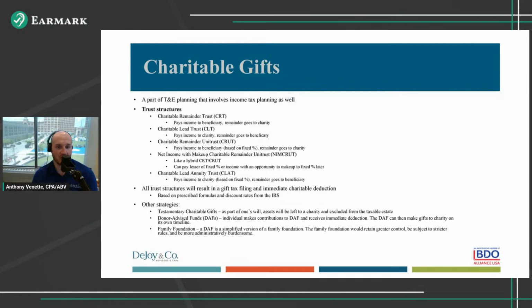We have the charitable lead trust, CLT. That's kind of a mirror image of a CRT, right? From the establishment of the trust through the end of the term of the trust, all income would go to the charity, and then the remainder would go to the beneficiary. We have a charitable remainder unitary trust, a CRUT for short. That pays income to the beneficiary, our child, based on a fixed income percentage, and then the remainder goes to charity. Typically that would be set up at, I don't know, maybe 8 or 10%, paid out over the lifetime of the trust, and then the remainder would go to charity.